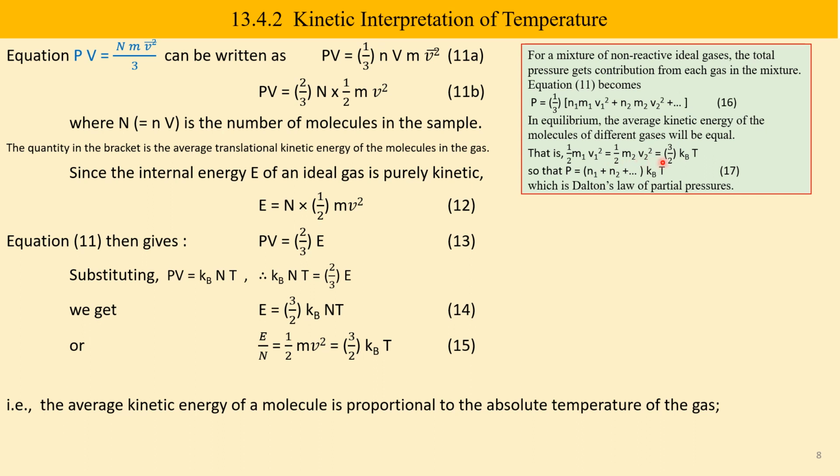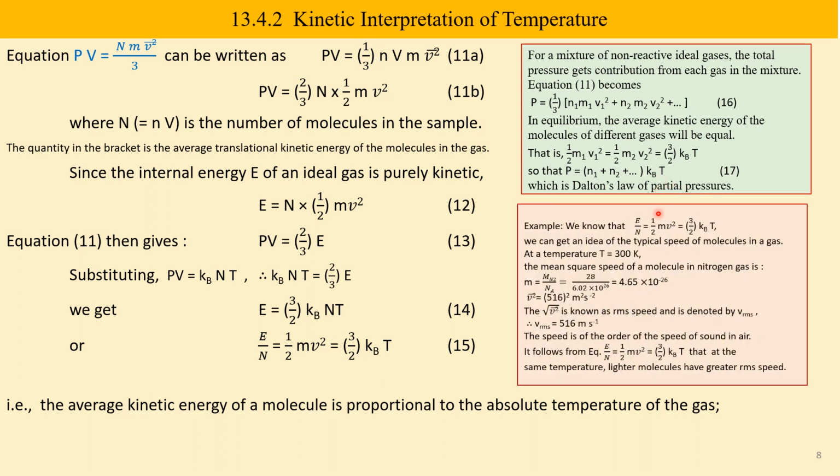That is, we have found it to be 3 by 2 kb, that is Boltzmann constant, into T. This is from equation 15. Therefore, P is equal to N1 plus N2 plus etc. into kb into T, which is Dalton's law of partial pressures. Hence, we have also derived an expression for Dalton's law of pressure. Next, we will have some more relationships and take an example to understand the concepts of kinetic energy and